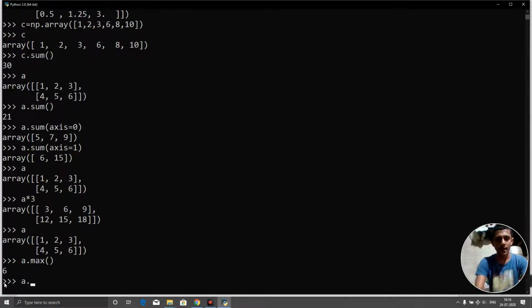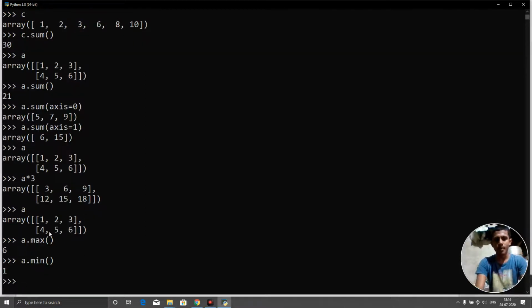Similarly a dot min is going to give us the minimum number in this array. And I think you understand how to get the sum of all these things. And even if I want to check the minimum among these 3, then what I have to call is a dot minimum, and